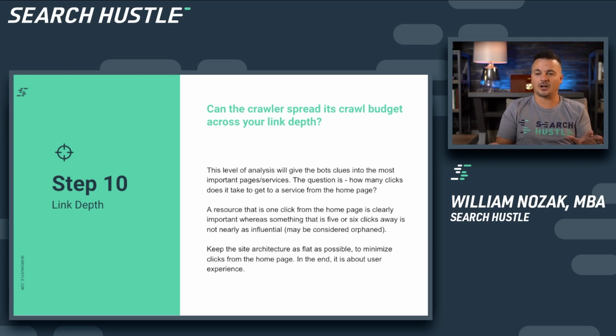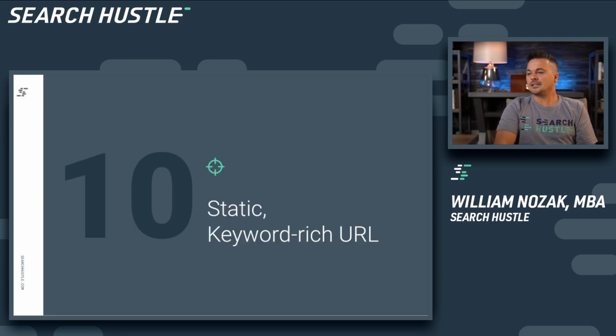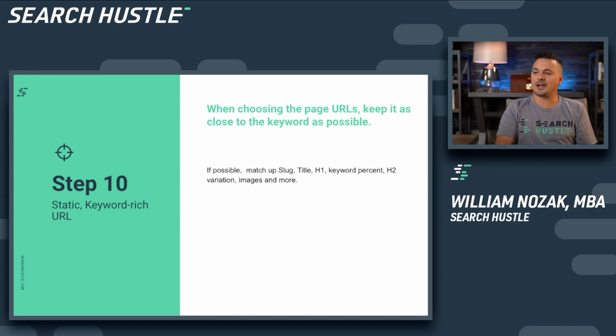Static keyword-rich URLs, if possible, match up the slug, the title, the H1, the keyword percent or the cloud and what the percent is there with the synonyms we're using, the H2, the variants we're using, the images we use. We certainly want to be able to weave the keyword into the name of the file, the title, the alt text. We certainly want to have key-rich everything, not in a stuffed way,